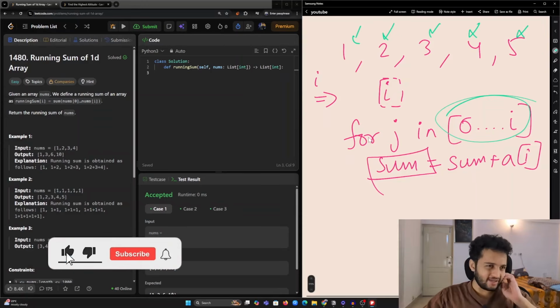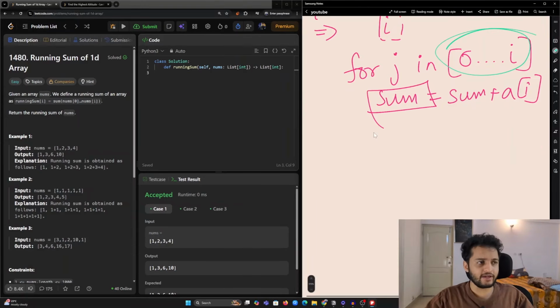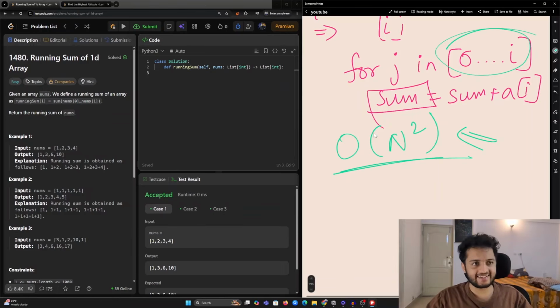Now let's see the time complexity of this solution. Because we do a nested loop here, the time complexity will be order of n squared, which is not very optimal, and we can do better than this.